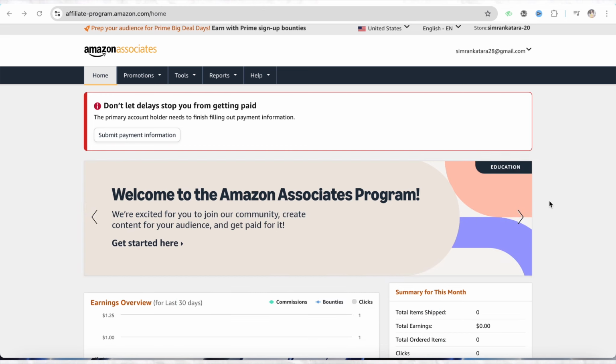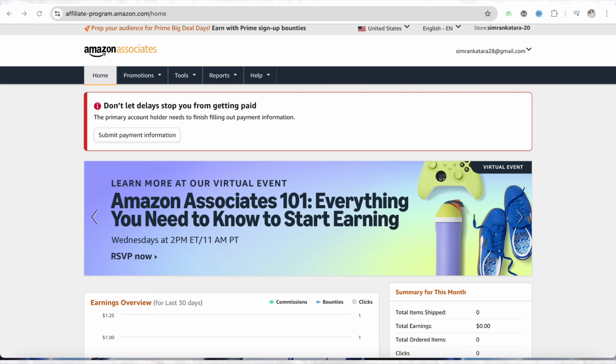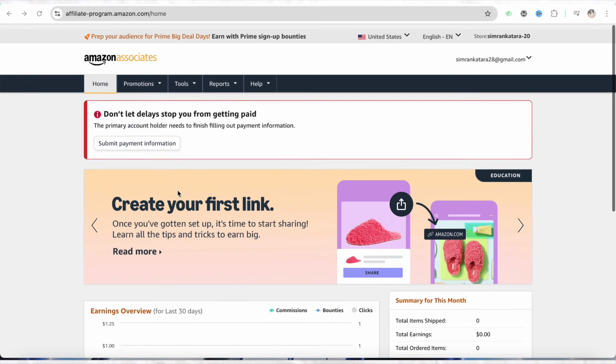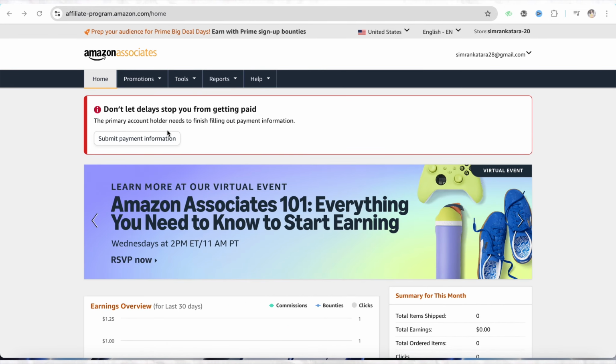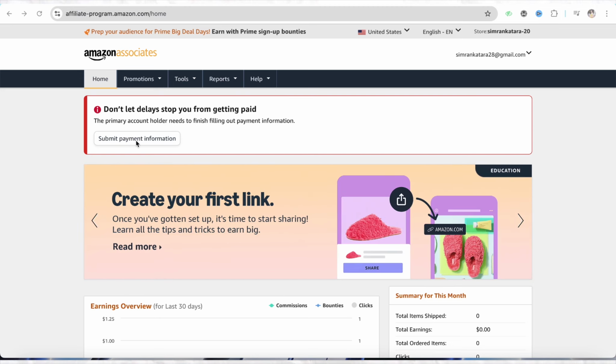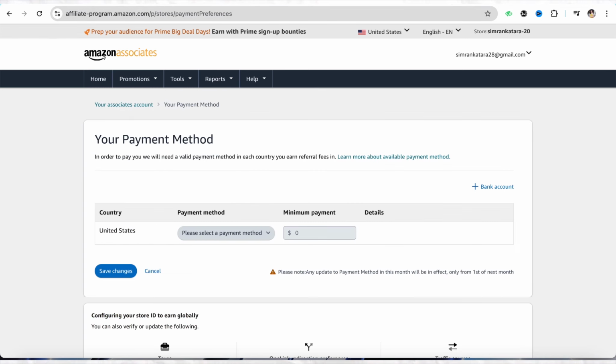In this video I'm going to show you how you will be able to add payment method in Amazon affiliate. So when you open your Amazon affiliate official website on amazonaffiliate.com and you have created your profile successfully, you will be able to see this glitch on your home screen itself which says submit payment information. If you haven't submitted your payment information, you will see this error on the home page. So in order to add the payment information, just simply click on submit payment information and